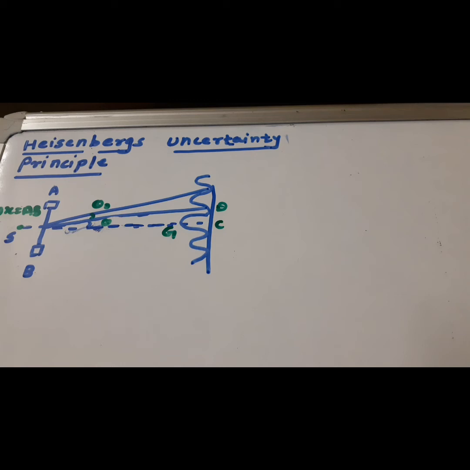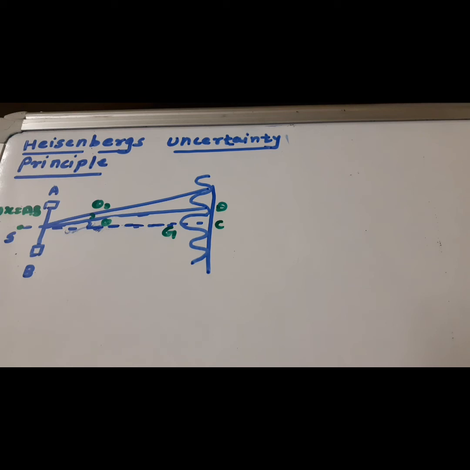All of you know that in a wave packet, a number of waves are there, and we don't know where the particle is located. Means we don't know the position and momentum of the particle, and this is a very difficult situation. So Heisenberg introduced the Heisenberg's uncertainty principle.